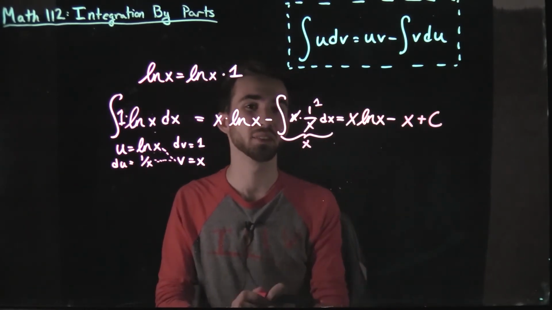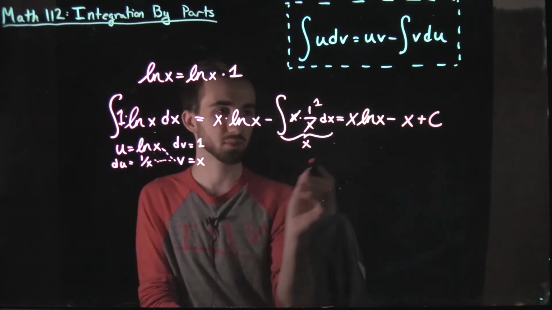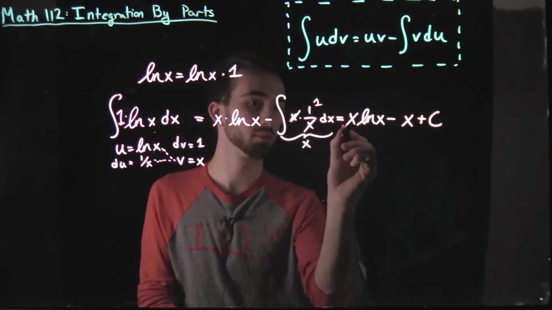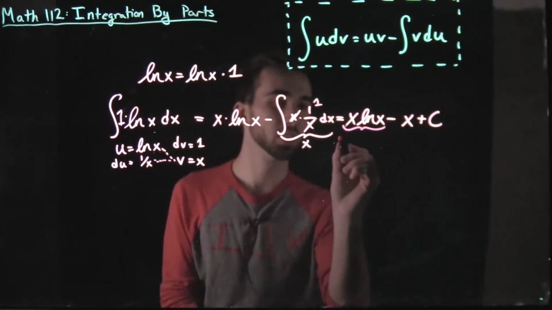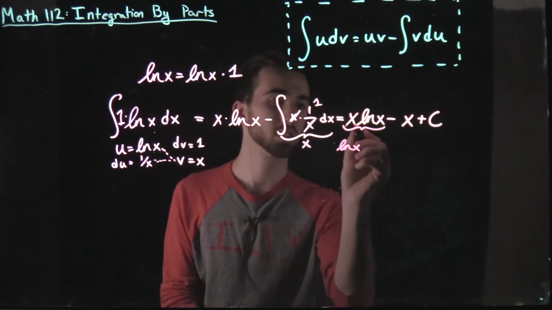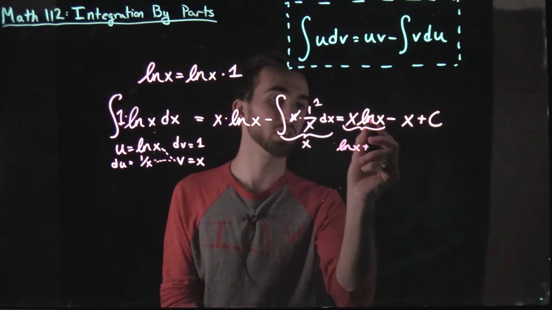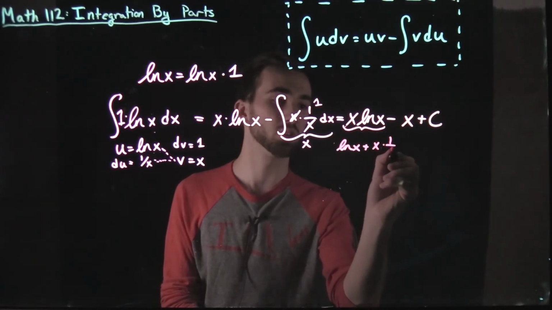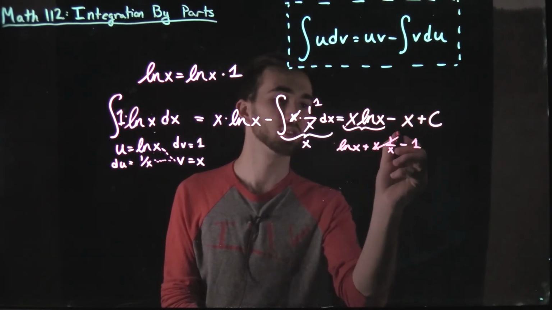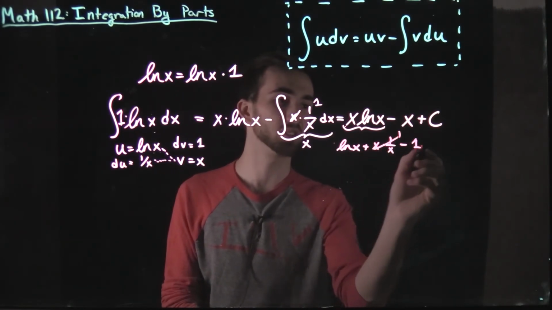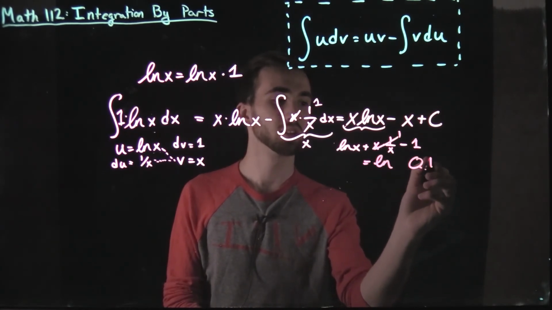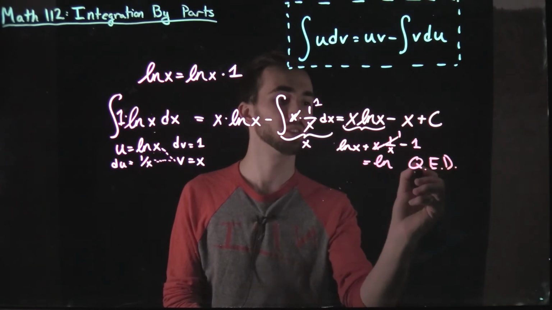And let's just verify it. Let's take the derivative of this. We use the product rule on this bit. So that's the derivative of this times this, so ln of x, plus this times the derivative of that, so x times 1 over x, minus the derivative of that, so minus 1. This is just 1. So ln of x plus 1 minus 1 is just equal to ln of x. So, look, we've just proved our integral